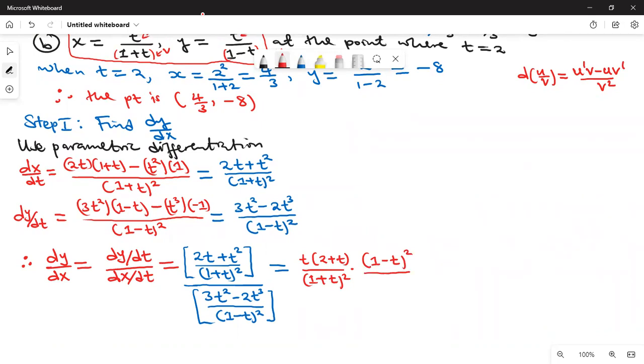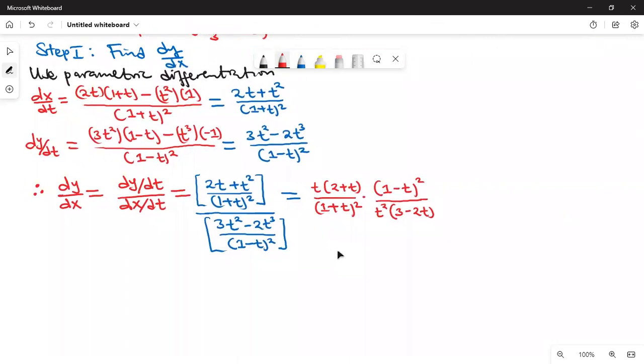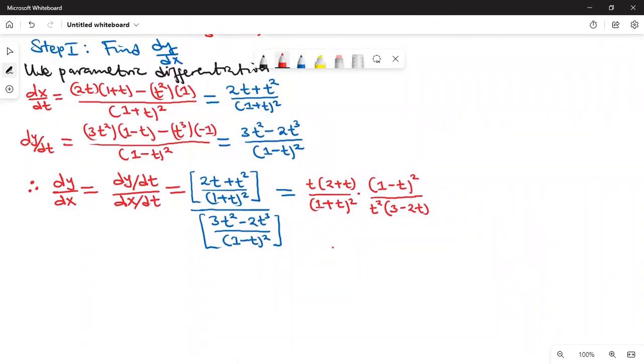there we have t squared common, t squared outside, into 3 minus 2t. And you can see one of the t will cancel. You can factorize and simplify that. This can as well be written as equal to